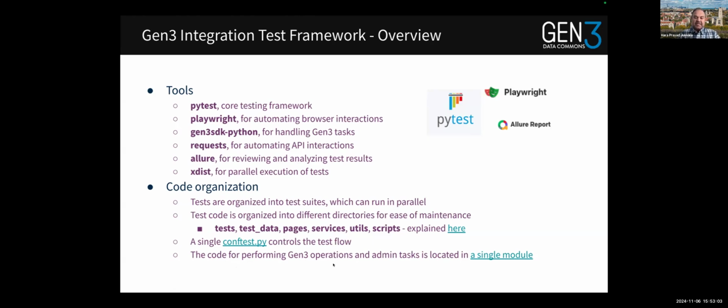As part of the test flow, we also perform Gen3 operations and administration tasks. For example, creating a fence client, running an ETL job, or running an aggregate metadata sync job. These are not really done by APIs or from the Gen3 UI. So the other challenge is that the way we do these operations depends on how Gen3 is